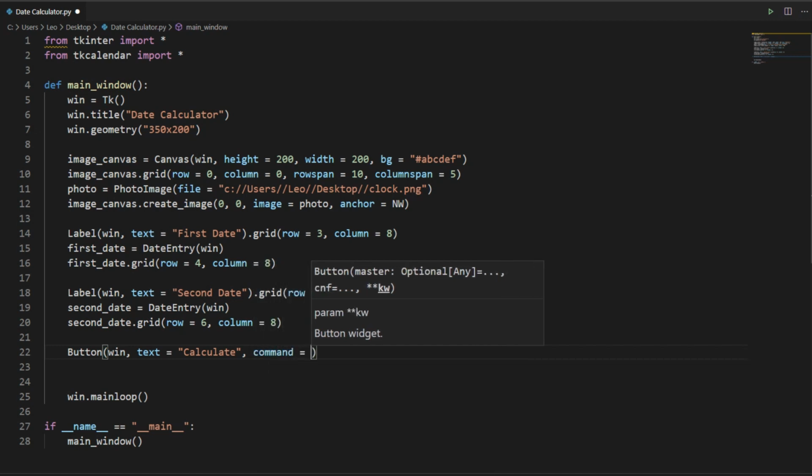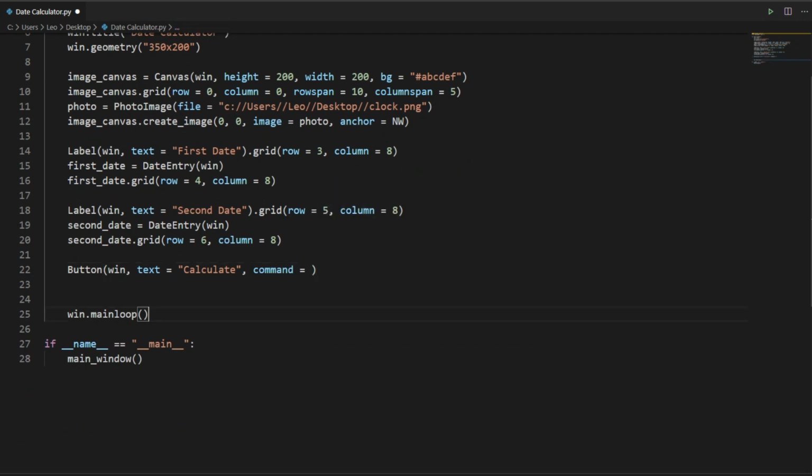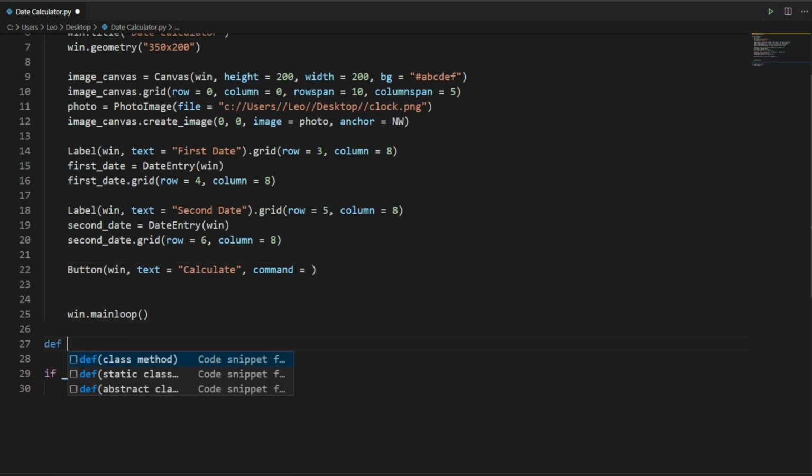Command simply means what do we want our button to do when we click it. So we want it to calculate the difference between dates for us. Let's create a function, def calculate. It will take 2 arguments, first date and second date.